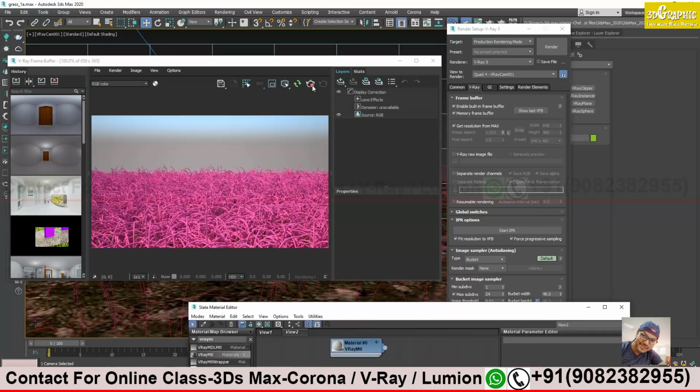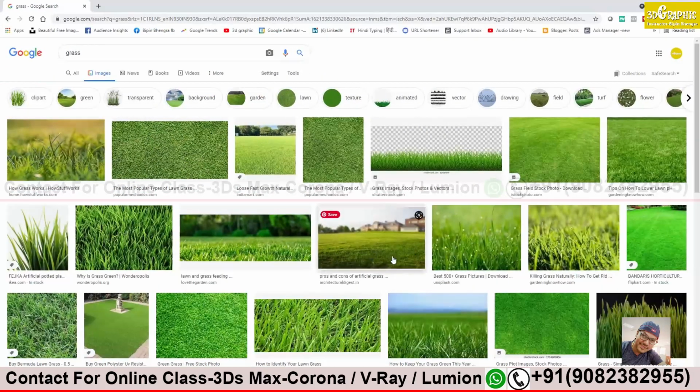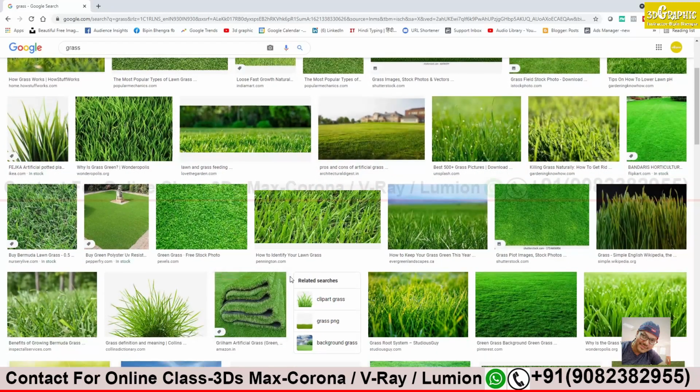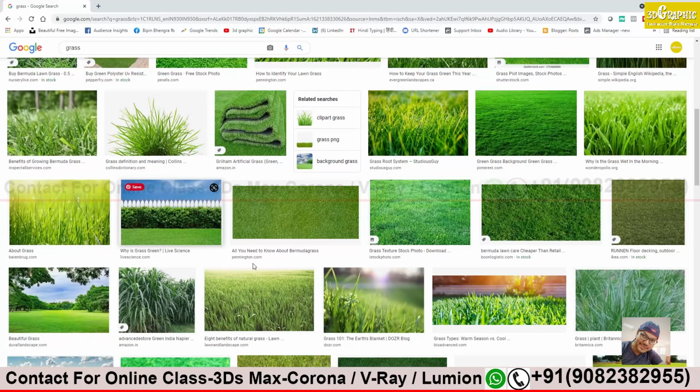See what happened now. Let me stop this and let us take some examples. As many as I have seen, the legends used to say, always see the example. If you are doing something like interior, exterior, get some examples from the internet so that it will be clear to you. So let's take some examples from the internet about grasses, how grass actually looks. It will be helpful while modifying its properties and all. Let's take a good example from here.